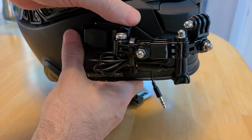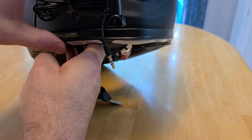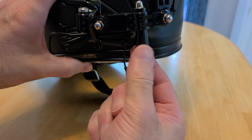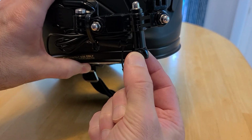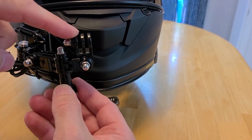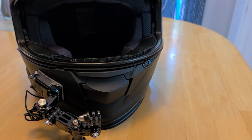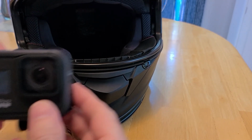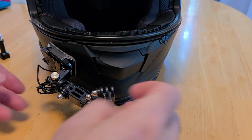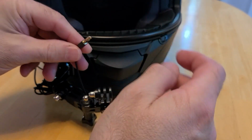So after that, I have a couple short little stubby pieces to bring it out. I use screws only on the ones that I'm not going to need to adjust, but I do use these little quick adjusters in 2 spots. Okay, so there is where I have my mounting, and it is off center as you can see, but that's intentional because when I put the GoPro on it, since the lens is off to the side, it will actually be lined up perfectly. So I have an external mic wired up, goes inside of my helmet, and here's my